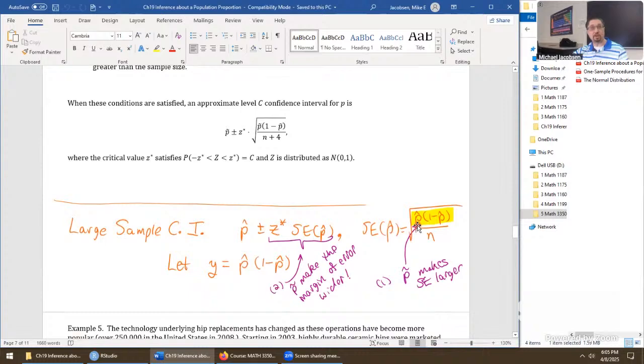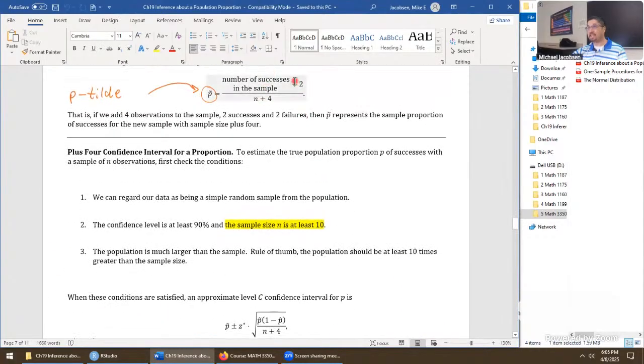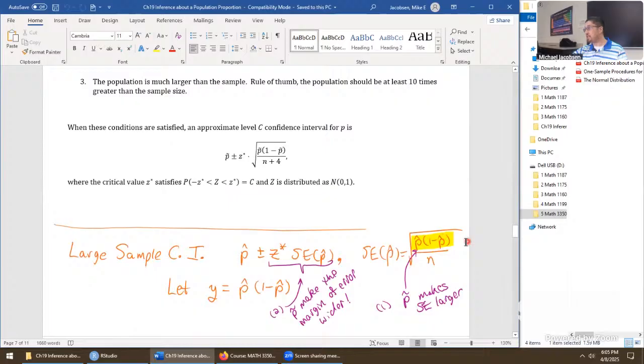We briefly looked into some graphing software and showed when p hat moves closer to 0.5, and it will once it's replaced by something like this, the whole structure gets larger, and so now we're making the confidence interval larger in that way. So this is the whole method. We just have to be careful on how to construct p tilde, how to construct the brand new standard error based off p tilde, but z star is just the same as before, and so is the interpretation. So let's put this into practice on the very next problem. Any questions or comments first?